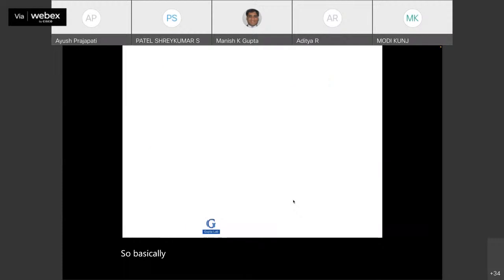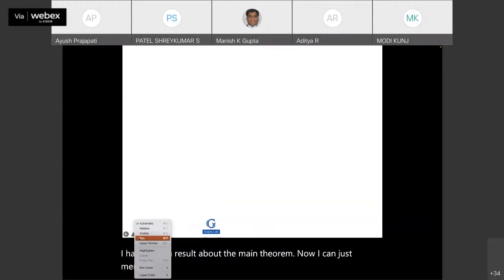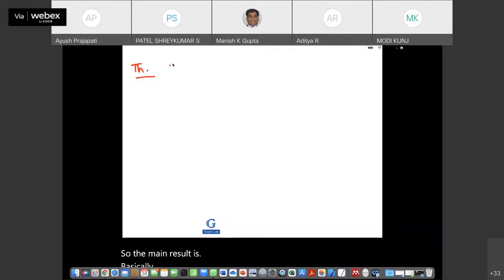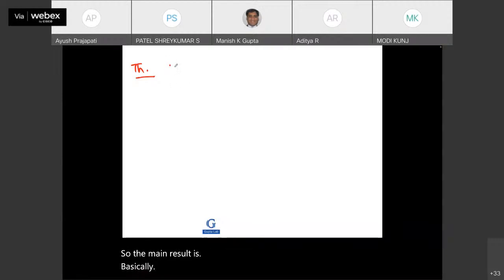I have a main result about the main theorem. Now I can just mention. Sorry, there are a couple of issues anyway. So the main result is, basically, suppose we have the compress function